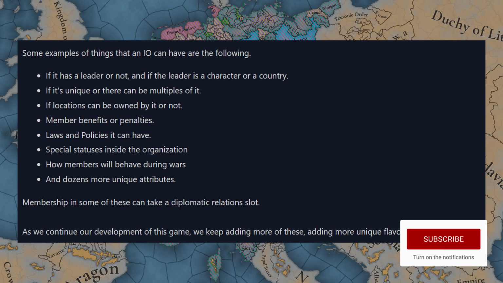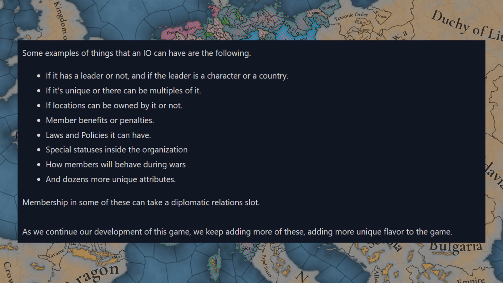Outside of the attributes, membership in some of these can also take up a diplomatic relations slot, so that is going to affect your diplomatic options as you continue your campaign. And then Johan saying again, there's a lot of development time left for the game. They're going to add more and more of these organizations, and these are going to add more unique flavor